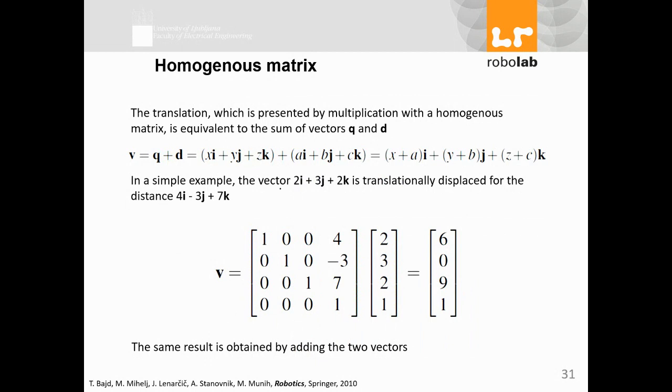In a simple example, the vector 2, 3, 2 is translationally displaced for the distance of 4, -3, and 7. You easily can just do the calculation using this, but with this matrix, since your displacements are 4, -3, and 7,